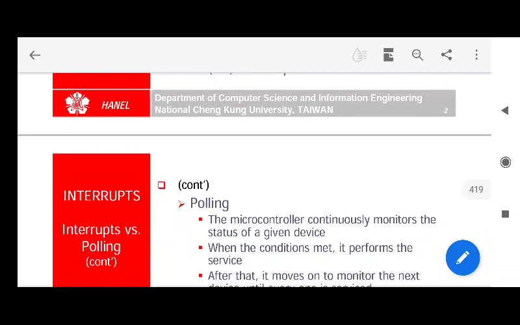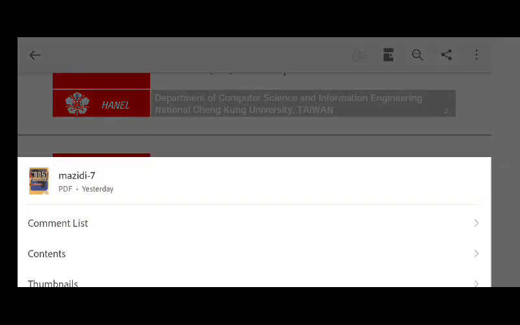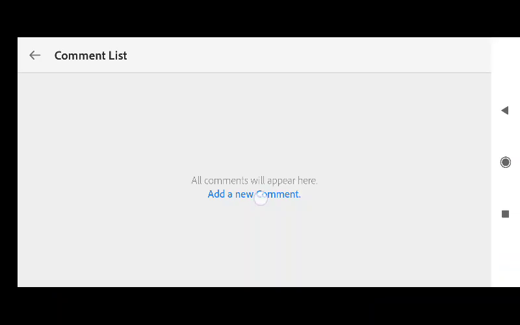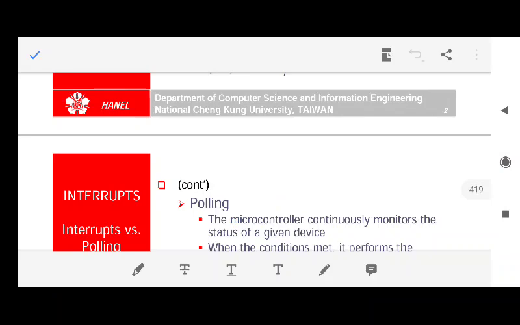Polling, as the word itself says, means you have to check each device whether that device is ready to communicate or not. For example, during programming, you are writing something like this.